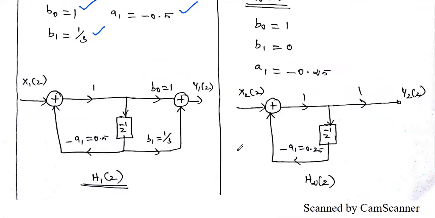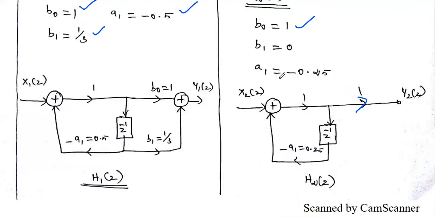So similarly, we have to draw the direct form 2 diagram. So already you know this is the direct form 2 diagram. In that, what is the value of this B0? B0 is 1. So you see, this is the B0, 1, and the B1 is 0. So here, in the place of this is the B1. The B1 value is 0, so no need of this multiplier. That's why I didn't take the branch from this, since this multiplier value is 0. So no need to take this branch means there is no need of this adder also here. So in this, there is no need of adder.